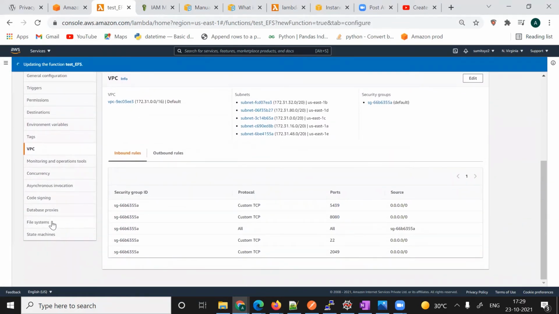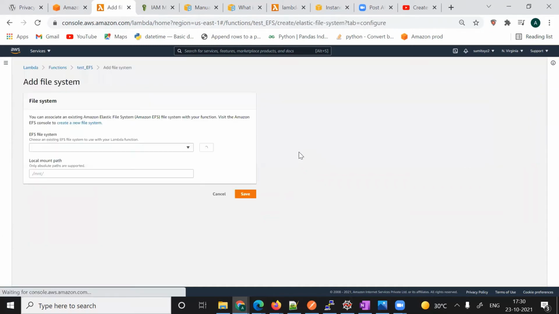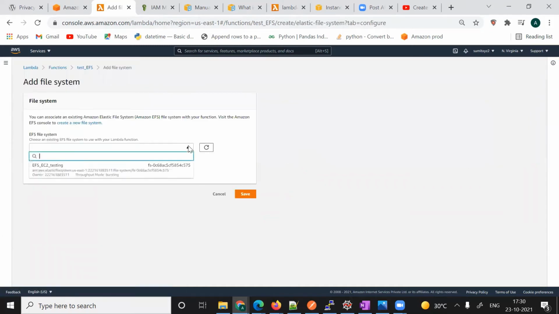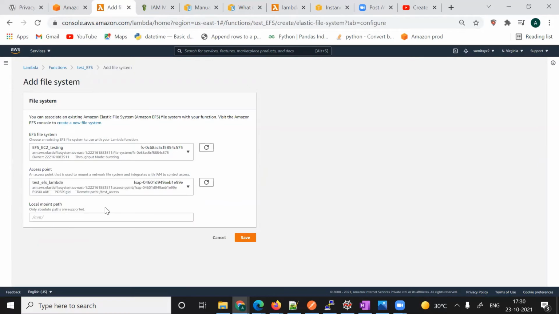If you want to connect Lambda to a file system, we'll go here, and we already have created the access point. We'll add that access point here. This is the file system, and we have to add the access point. The access point name is test EFS lambda. Then we have to give the mount location.